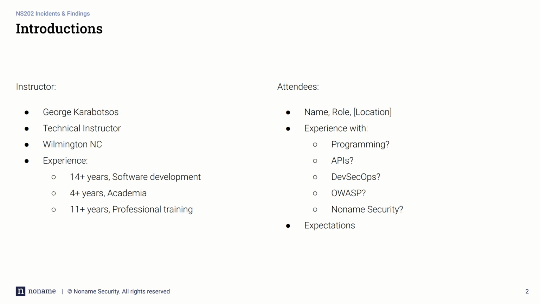NS201 is already 4 hours. This is another 3 hours, so it's not going to be fun to be sitting in a single class pretty much for 6 hours straight, or having a massive amount of material to cover by yourself in a self-paced capacity. Okay, so that's why we have two separate classes.